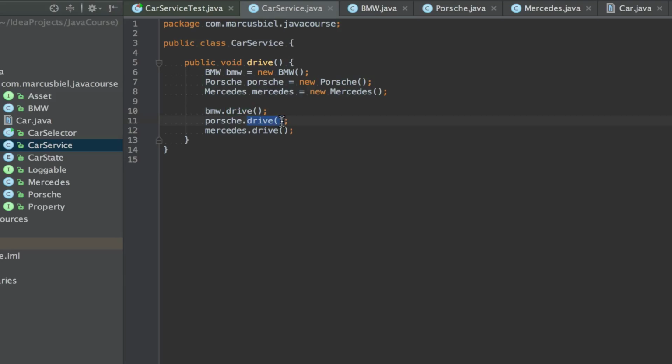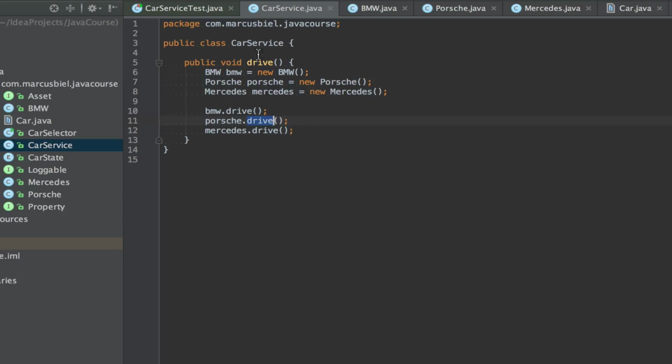The way they are driving might be different, because of course a BMW has a different engine than a Porsche, and again a different engine than a Mercedes. But they have some certain specifics, like for example they would all have 4 wheels and they can all drive, which we can make something like a contract of.